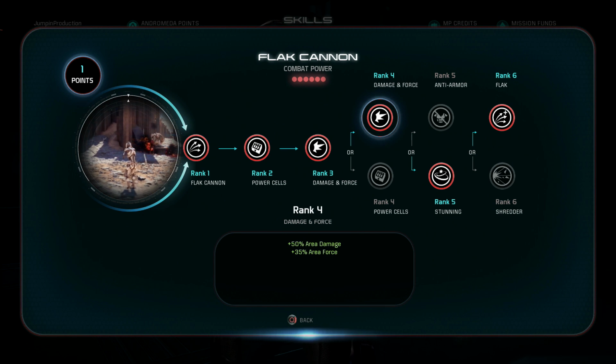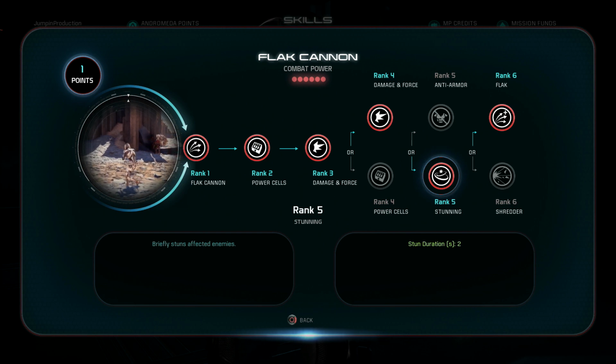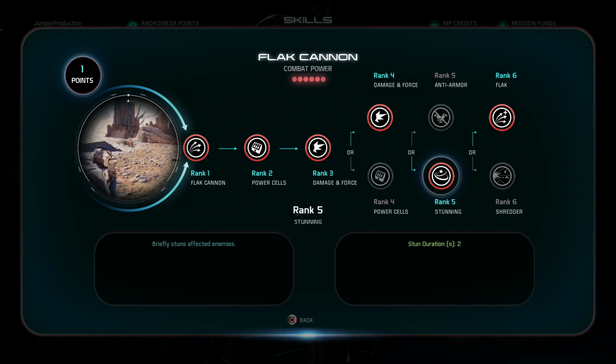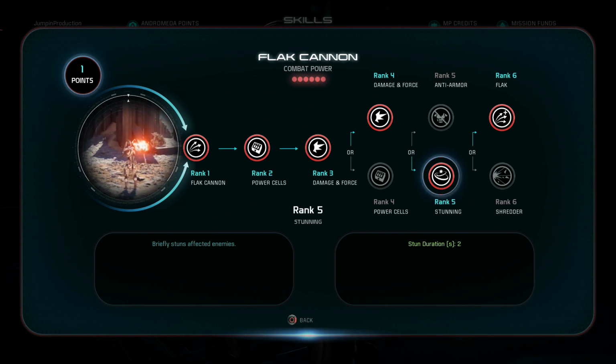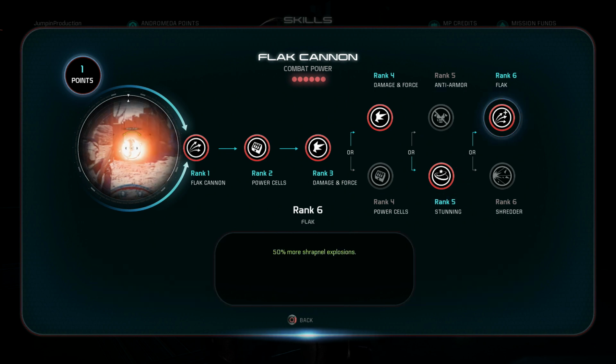Now for Flat Cannon, I recommend damage. I recommend stun. This is amazing. The stun is so good. It works against everything besides the boss enemies. That's it. You can stun armor targets. You can stun berserkers. You can stun all of the normal enemies. And it's really, really nice. And then after that, I recommend going for the bigger explosion, because the bigger explosion means more stunning,